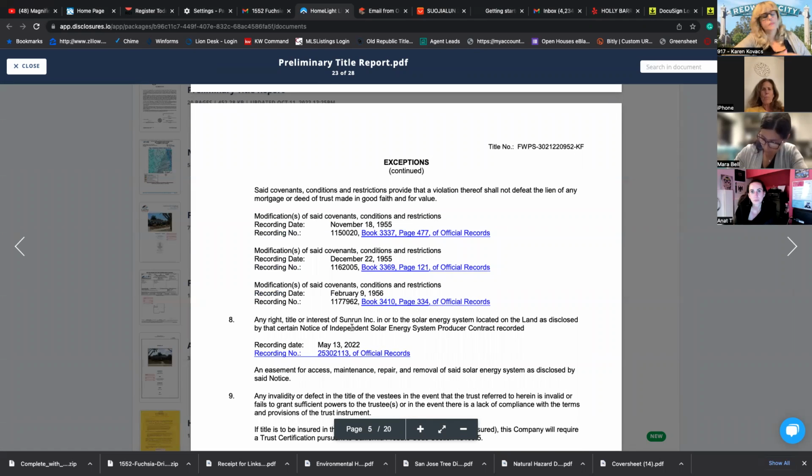I see something here from Sunrun. I know that these people specifically have solar. Now, what does this mean? Does it mean they owe money to Sunrun, or what does this mean? So I would have to look closely at it, but some of the problem with solar is sometimes they own the solar, but